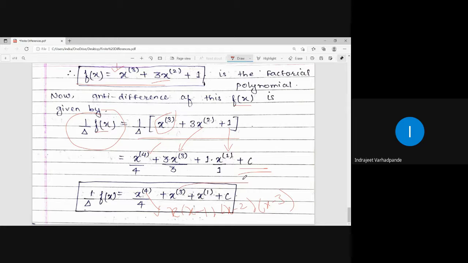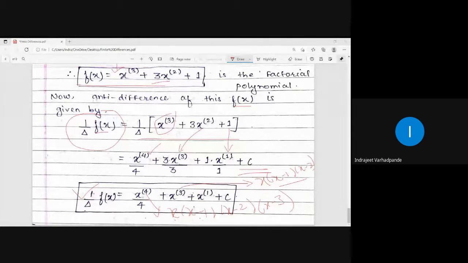X to the power 3 factorial will be x into x minus 1 into x minus 2. So this is how we try to find out and simplify. If not, keep this as the final answer, because they have asked just for the antidifference of f of x for the factorial polynomial. So keeping the answer as it is, you can finalize it, or if it is not matching with any of the options, you can go ahead with